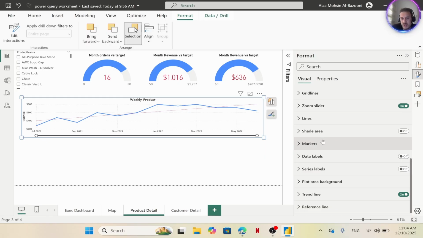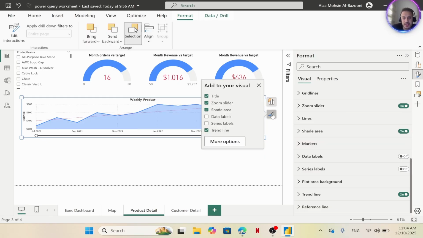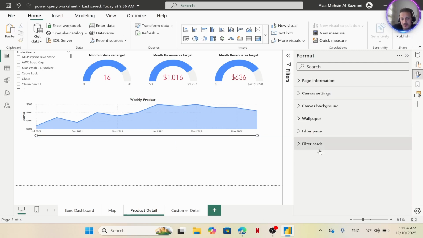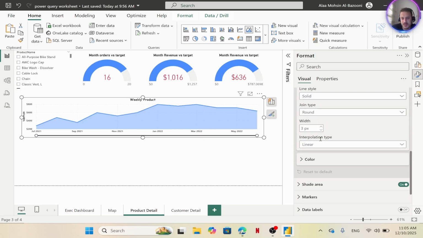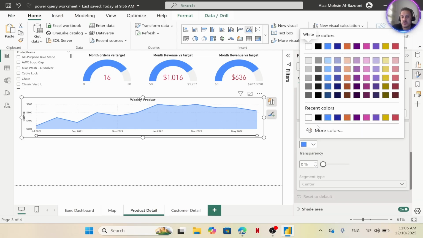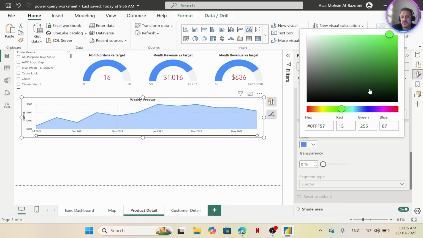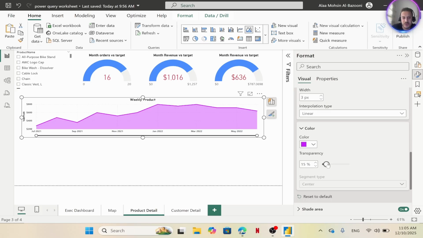First of all, we have the shaded area, and we're going to add it. From here, let's remove the trend line. We don't need the trend, so we're going to keep only the shaded area and the zoom line. We also have lines. From lines we can change the color if you need. So we have the color from here, and you can change it to whatever color you like, depending on your purpose. It's easy to manipulate these areas, and I'm just going to keep this color. You can keep the transparency if you like,